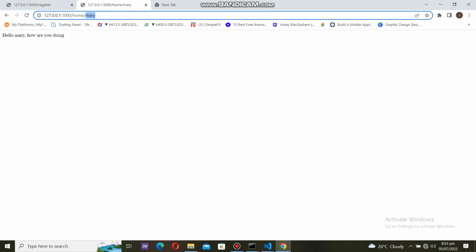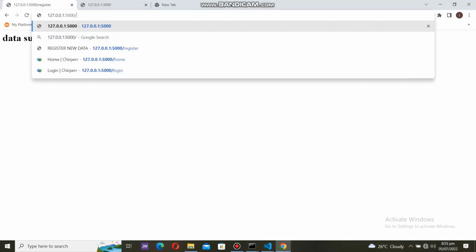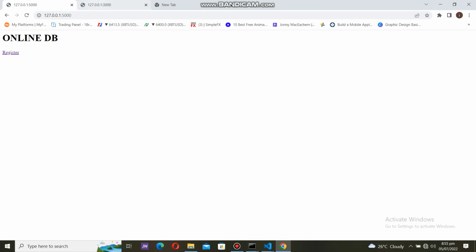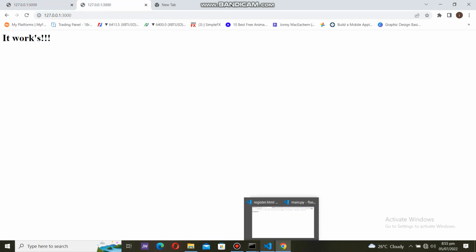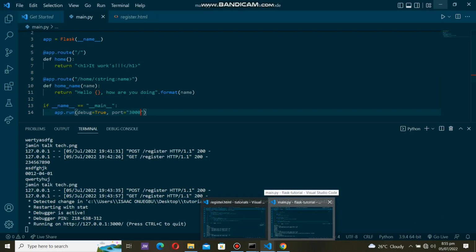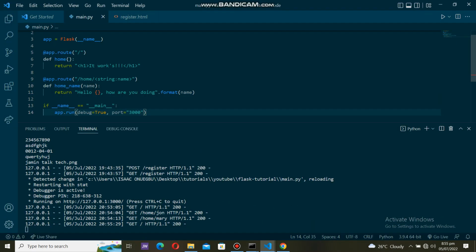So where we should start from first is the home page, the first page you see when you open the website. Over here you can see the different online DB and it works. So it's very easy for that. We just come over here and change this H1 tag from it works to online DB. Now if you notice there was a link there to the register, so just add